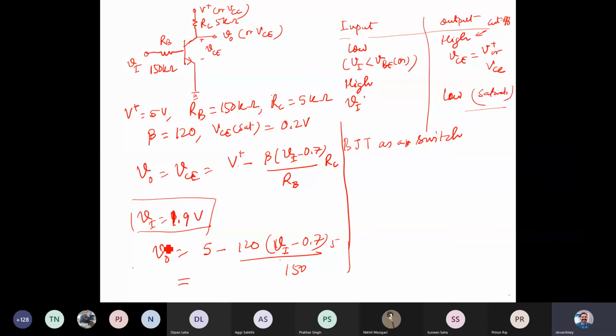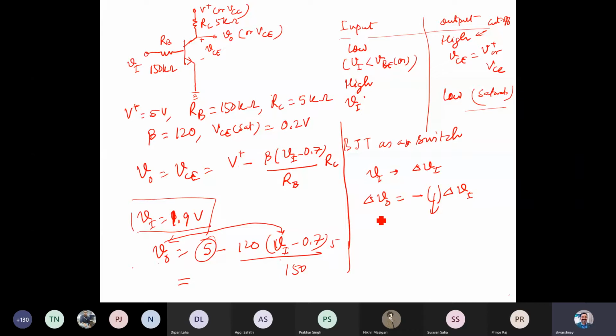So you can see that your output now, of course, is related with the input, so a small change in input voltage would make a small change in V naught. So if there is a small change in VI, let's say delta VI, so the change in output voltage V naught would be simply, this is a constant, so what you get is a minus. So minus of this, you can work out this number. So except the VI, there would be some minus sign, and delta VI and some numerical value, right?